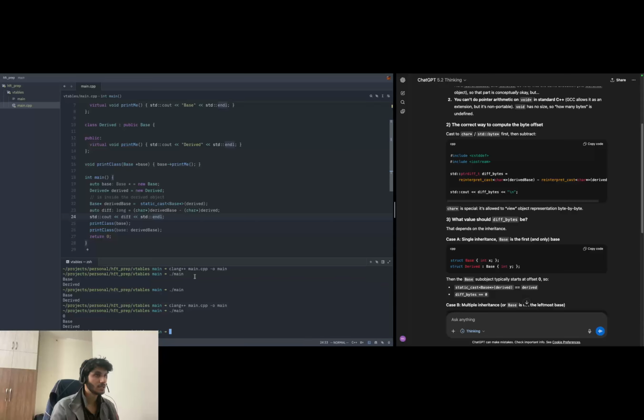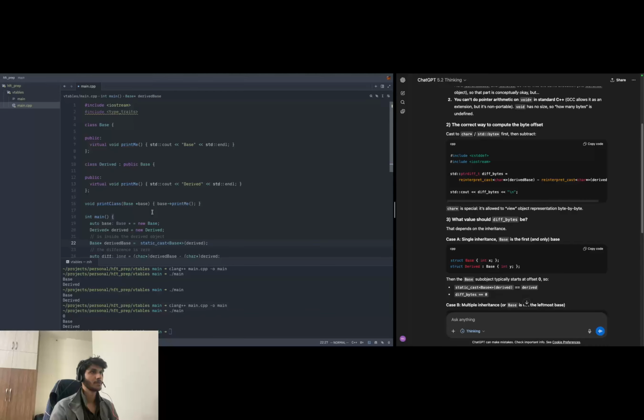Okay, so it says that the difference between the two is 0. That is interesting. We'll come to that again. So this says that the difference is 0. The difference is 0. Okay, now let's see what about